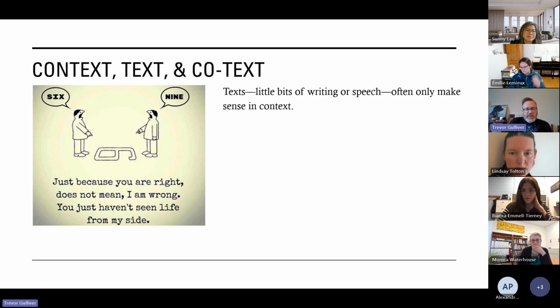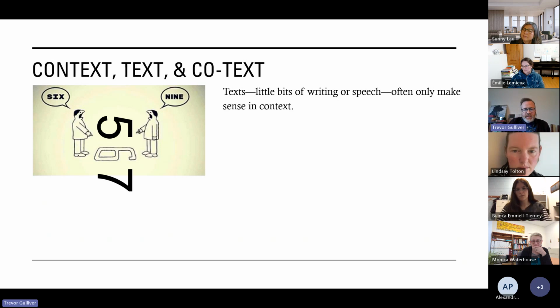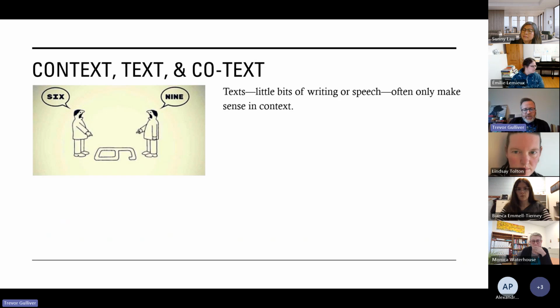The argument that the meme makes is that sometimes meaning is entirely based on how you look at things. But I think that how you look at things often is a matter of looking at the context. It's not that each of these people's views is equally valid. Once the context appears, we have a sense of what even the smallest bit of language means. Neither of them can identify what this bit of language means without a context around it to give it meaning.